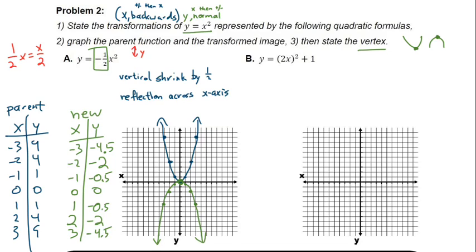Letter B, same idea. We've got anything inside is x, anything outside is y. Inside is x backwards, outside y is normal. Alright, so